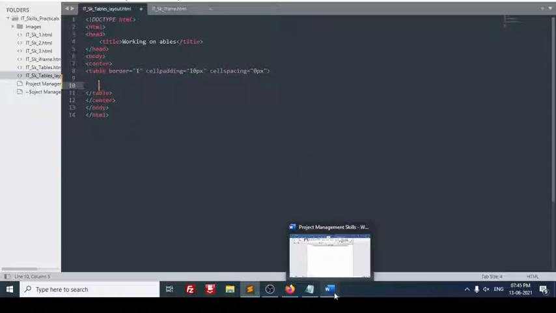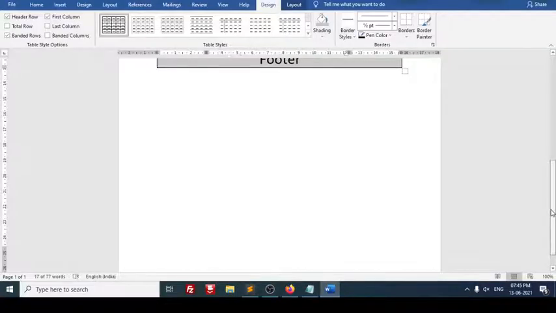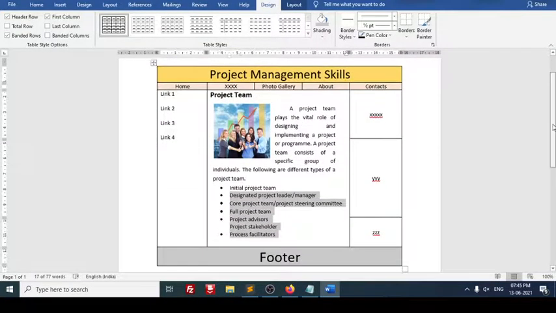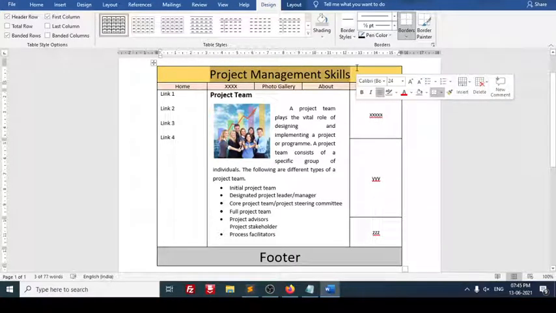Now, how exactly a layout looks, we will see here. I have prepared one diagram in Word. See, usually a web page will have a heading. Till now I had explained how to work on different tags, attributes, and elements. Now I will show you how to create a web page, so whatever things you have learned, you have to implement it.